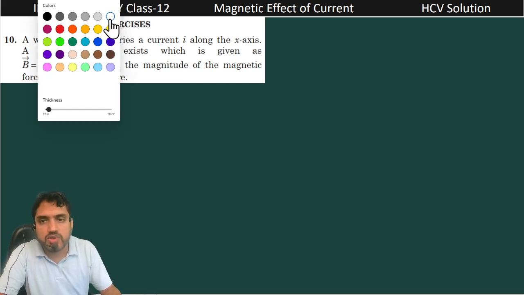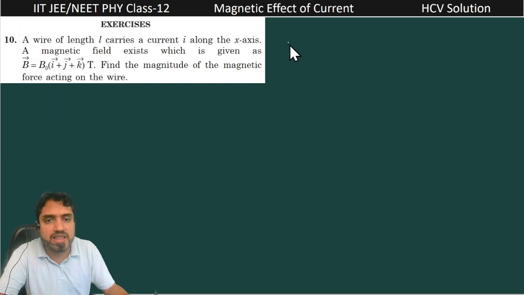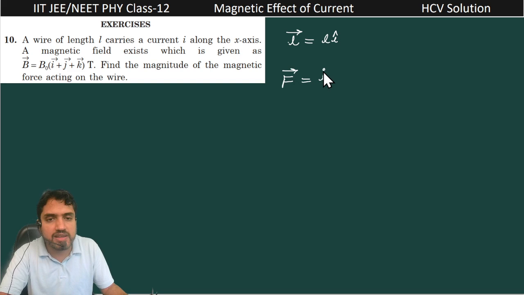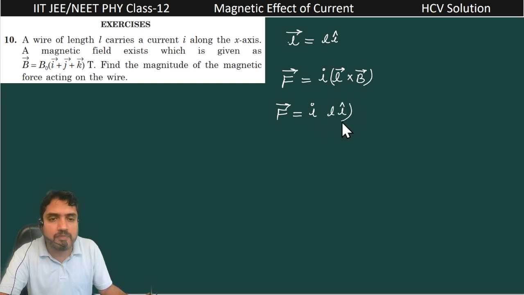Okay, so here if you want to represent this length vector, you can write this length vector L i, because it is in the x direction. Now the magnetic force F vector is equal to I L vector cross B vector. So this F vector is equal to I, length can be written as L i, cross